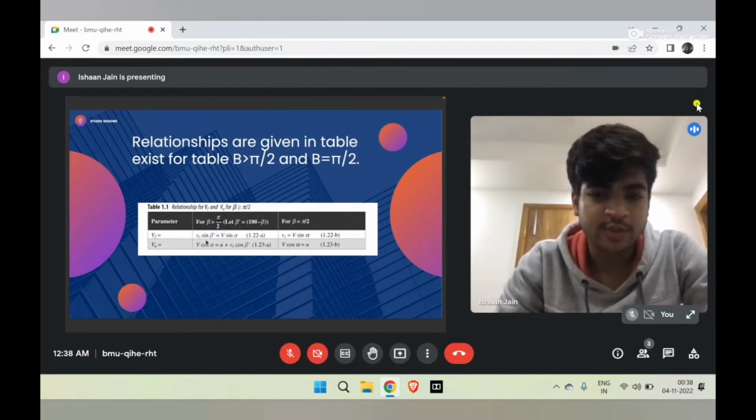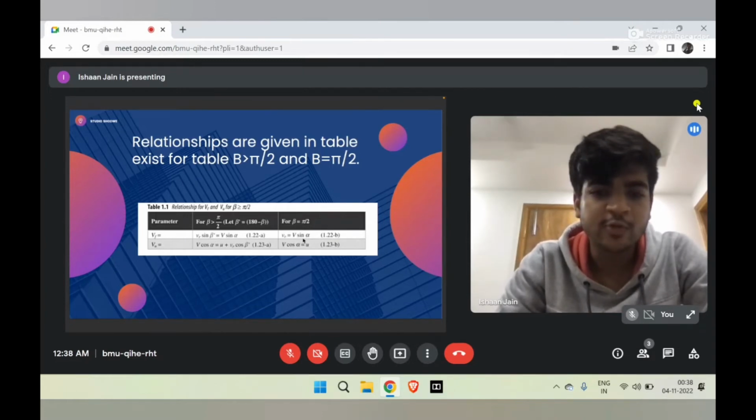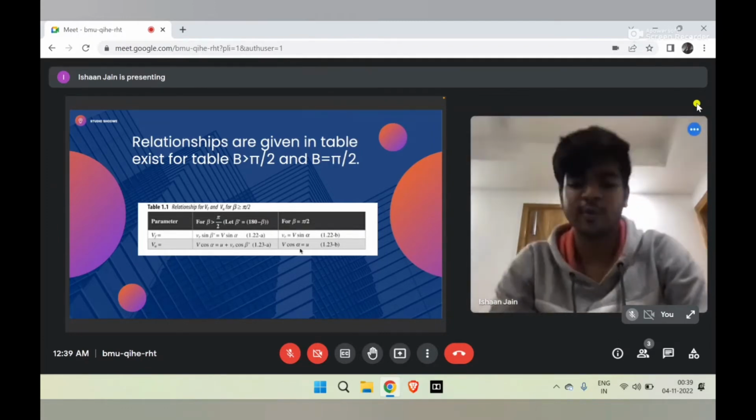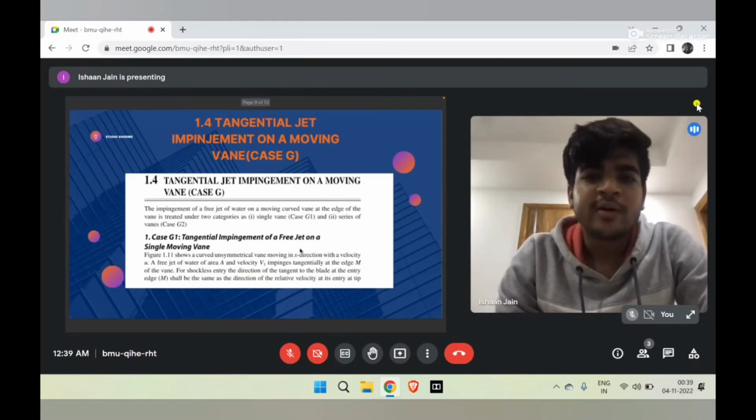sin beta is equal to V sin alpha, और VR उस केस में V sin alpha ही रहेगा, और VU जो है वो U plus VR cos beta dash हो जाएगा, और V cos alpha जो है U के इक्वल होगा। मूविंग ऑन टू द नेक्स्ट स्लाइड, यहाँ पे हमारा नेक्स्ट टॉपिक है कि देन टेंजेंशियल जेट इम्पिंजमेंट ऑन अ मूविंग वेन।